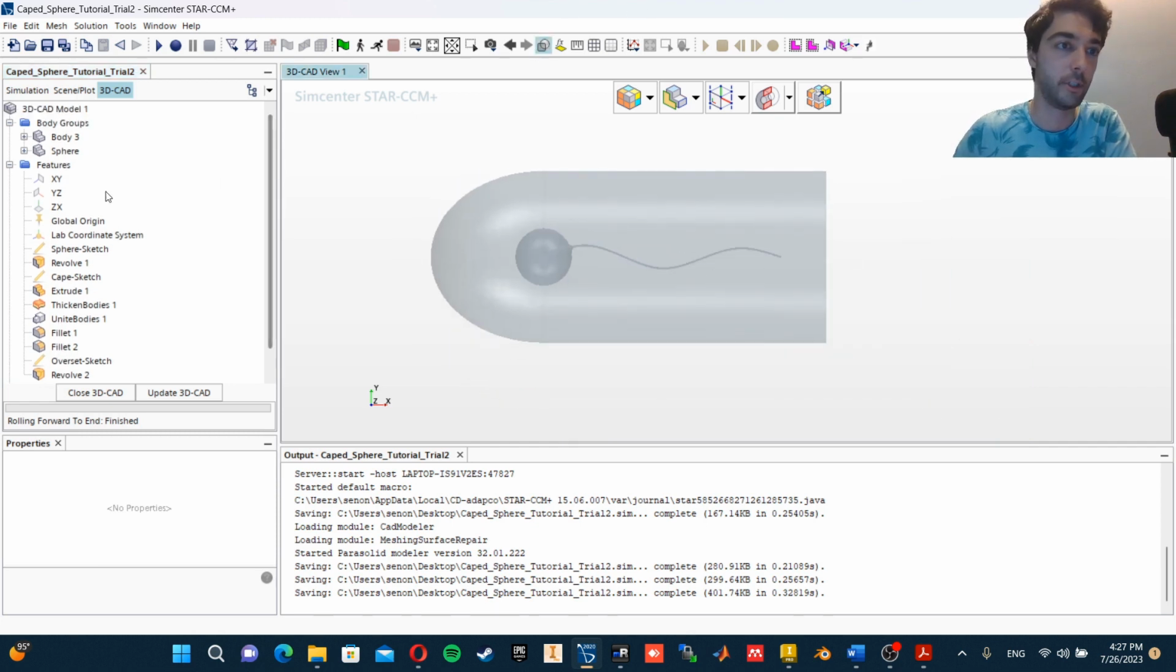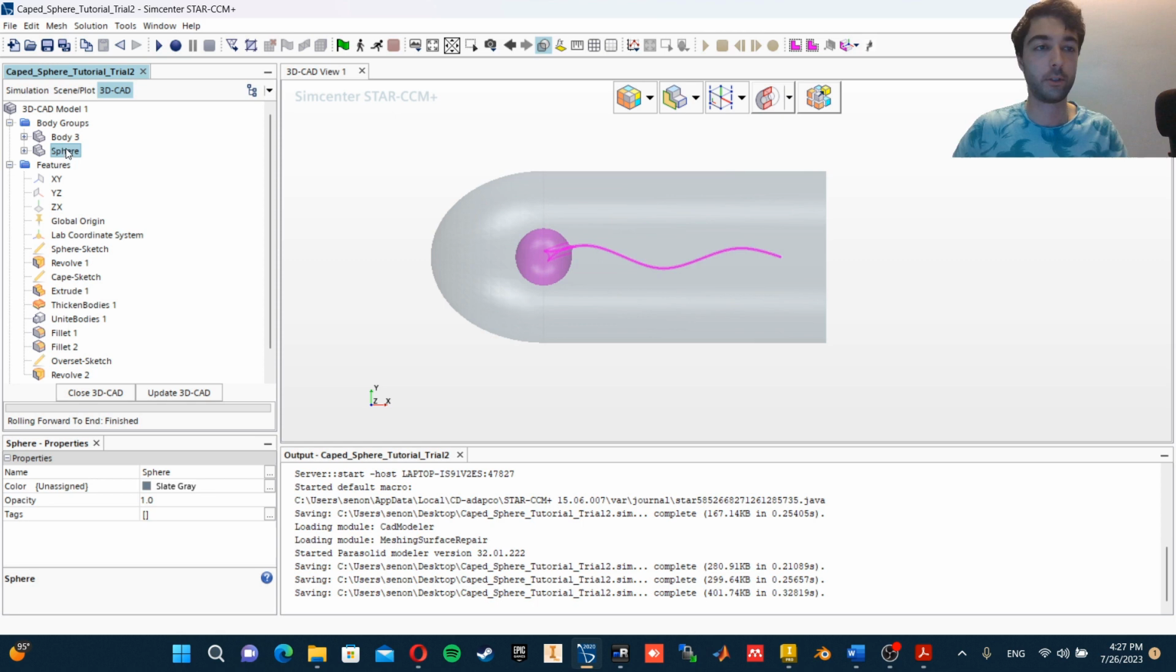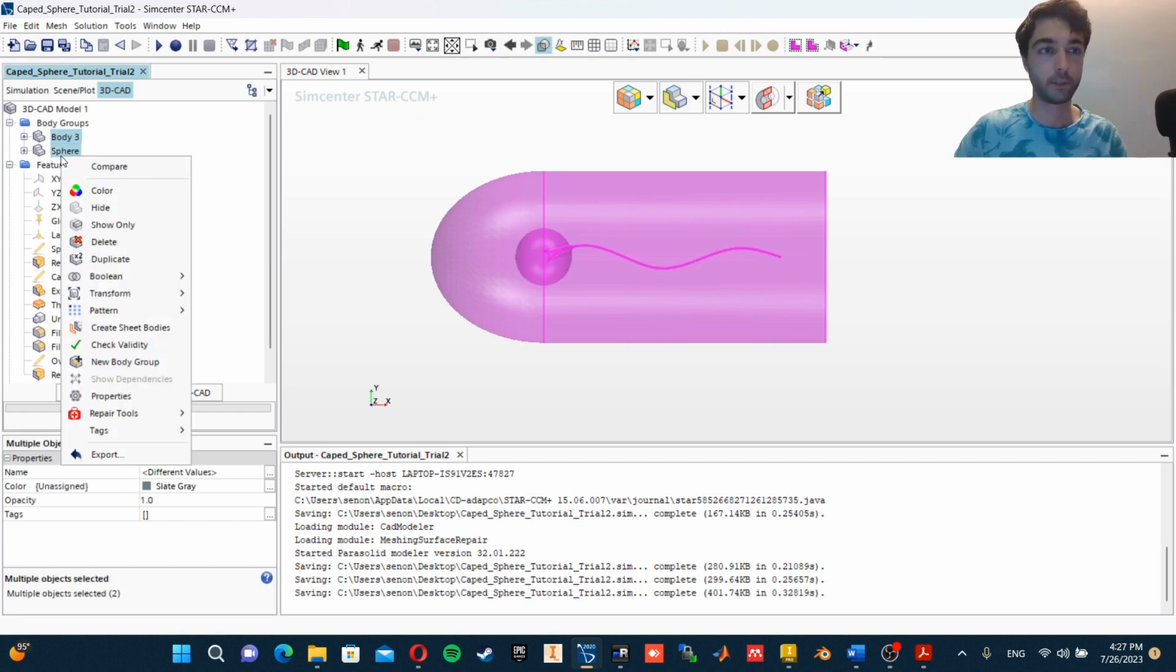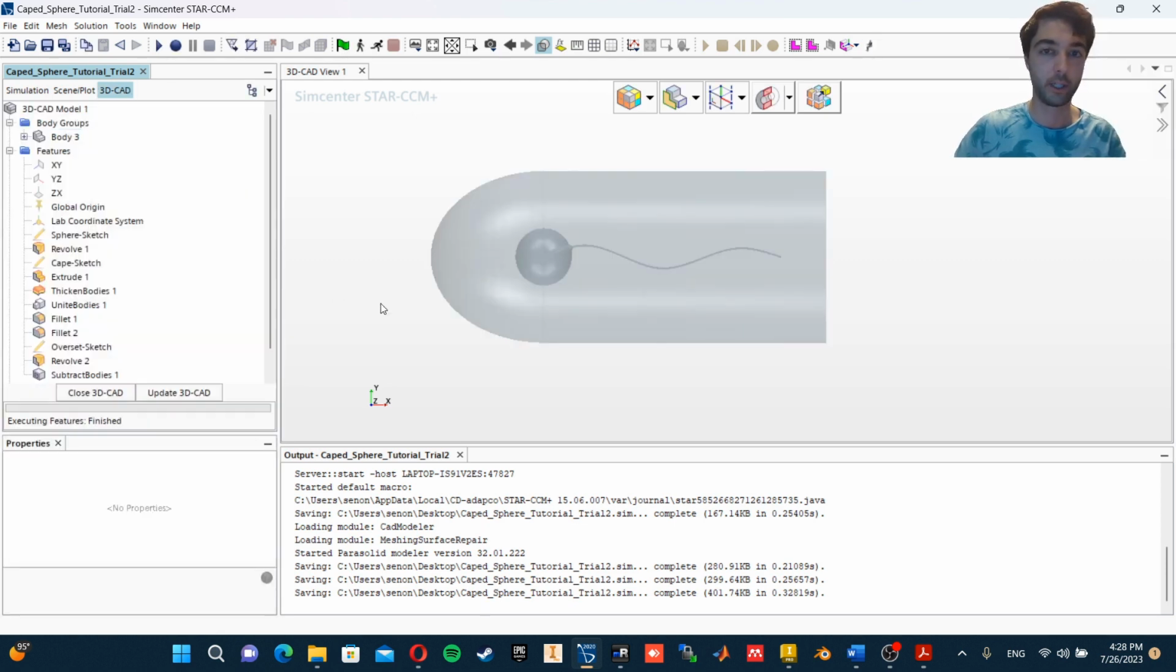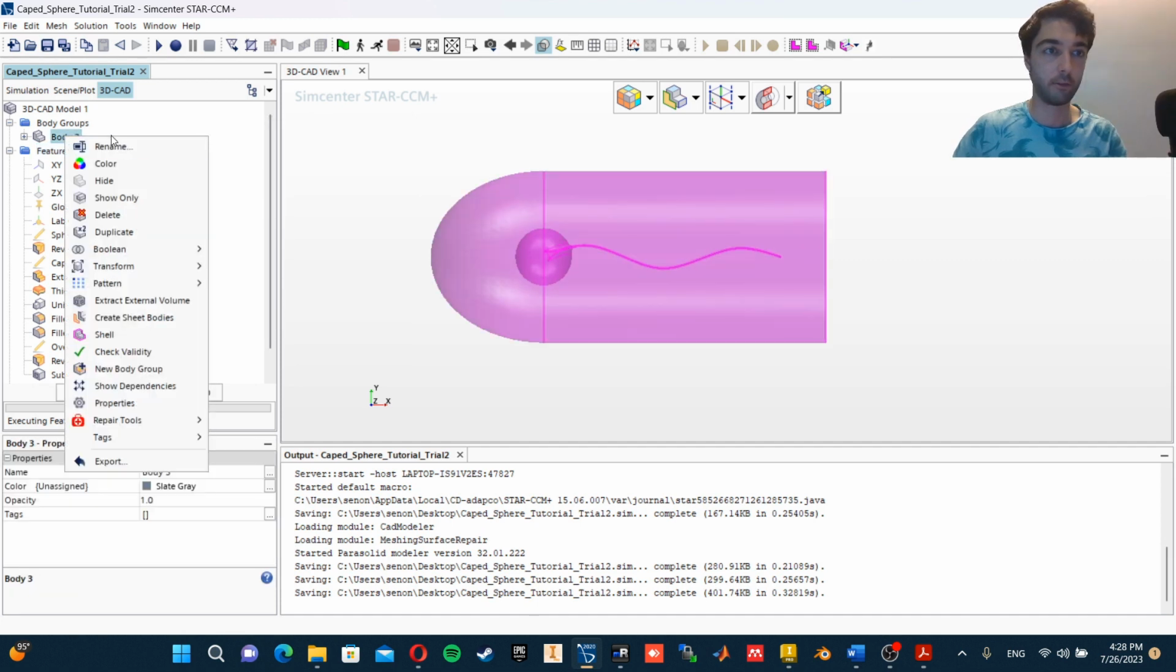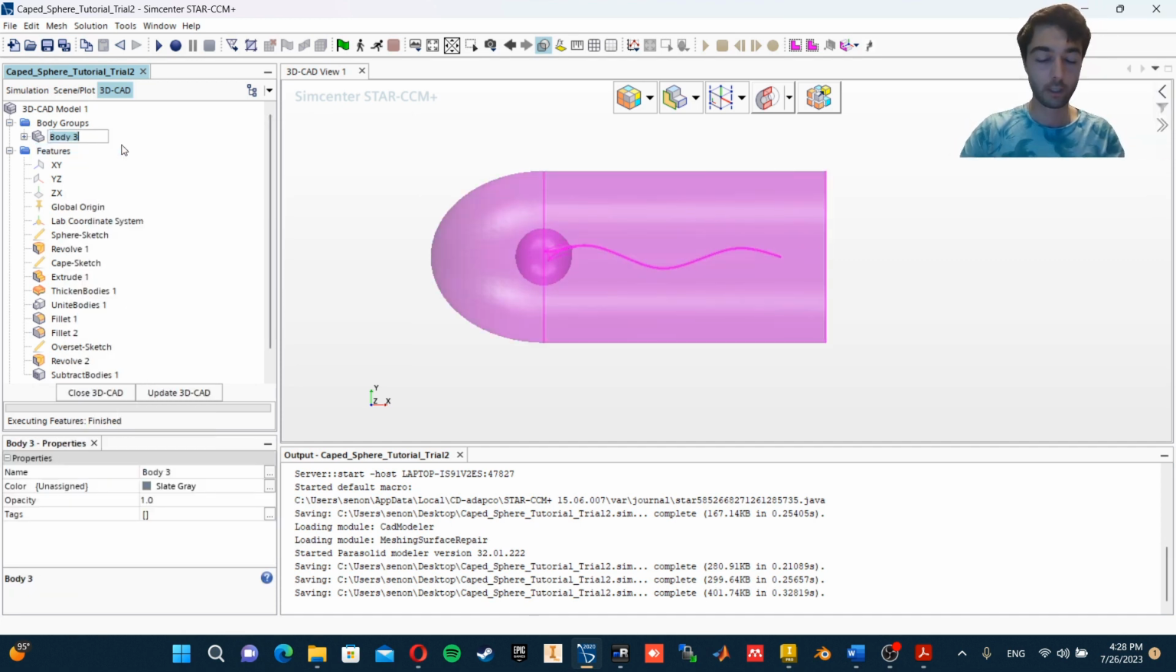This is our overset region. Now, what we have to do is subtract the sphere from the overset region. So first you select the overset region and subtract the sphere from it. You don't have to keep the tool body, just make it precise, hit OK. And there it is. Now let's rename it to overset